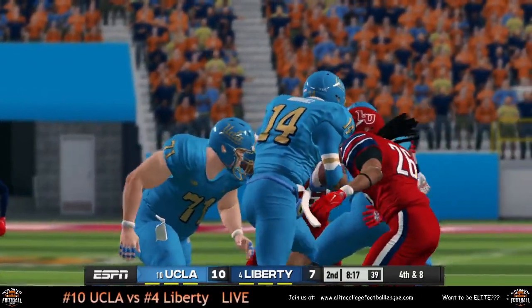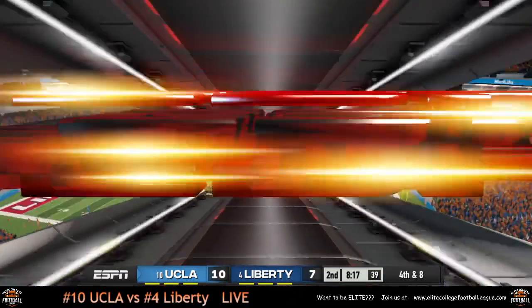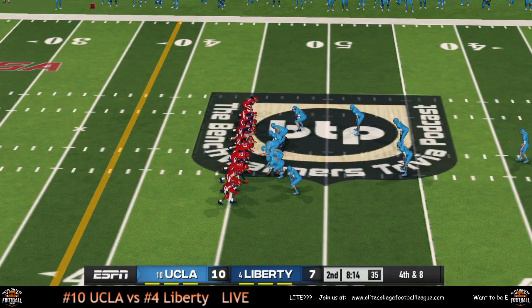Rodriguez is going to get sacked there. Brings up 4th and 8 for UCLA. And they're going to punt it away to Liberty.